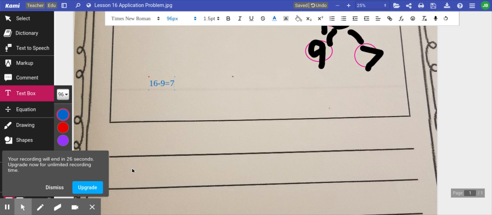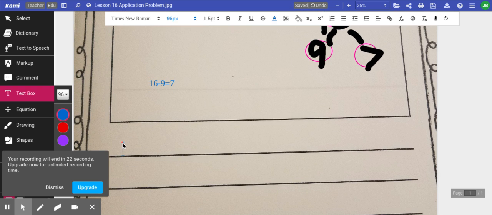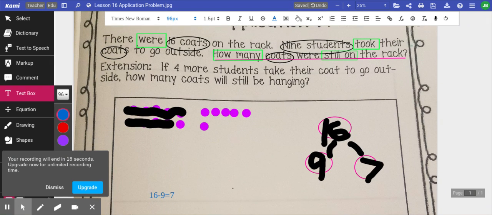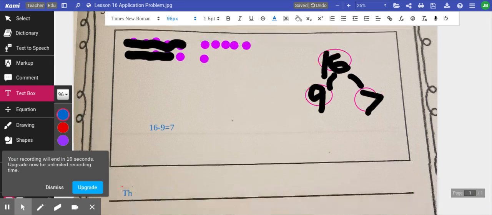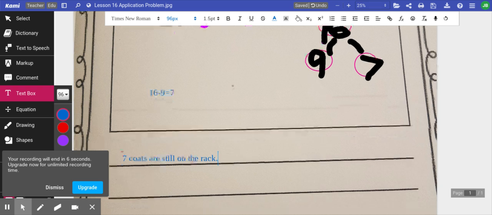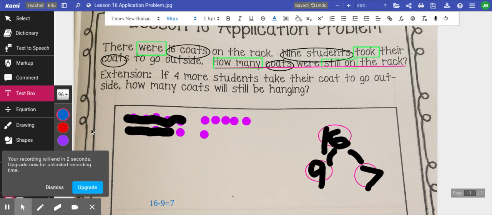That's my number sentence. And I come down and write a word sentence at the bottom, and I can say I'm answering the question, how many coats were still on the rack? 7 coats are still on the rack. Or I could have said there are 7 coats. If you want to challenge yourself, do